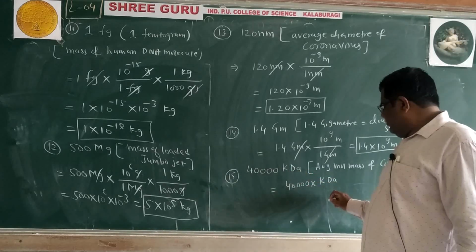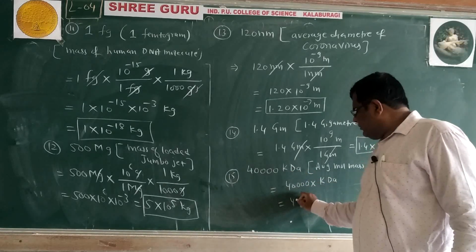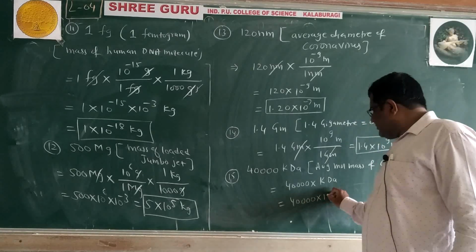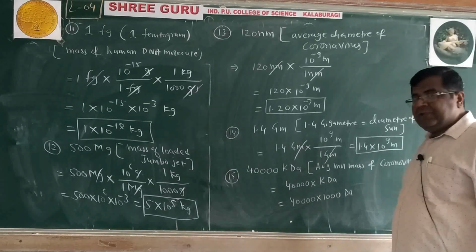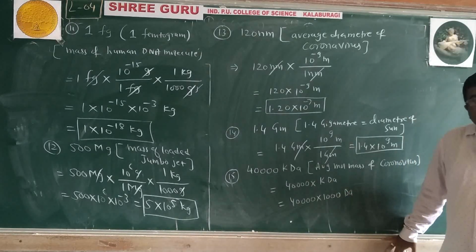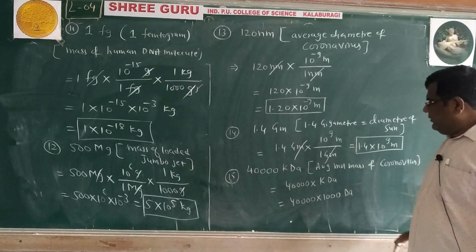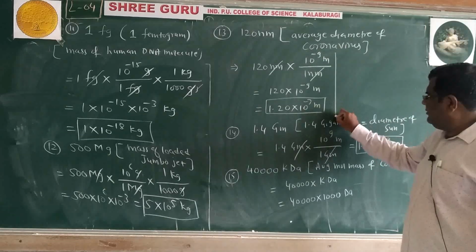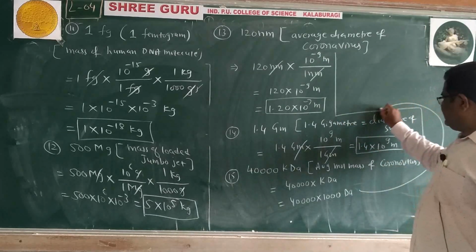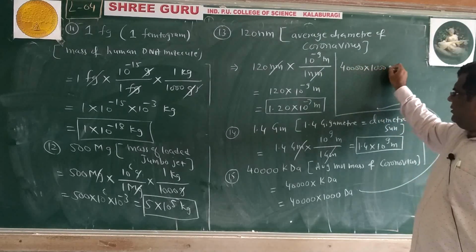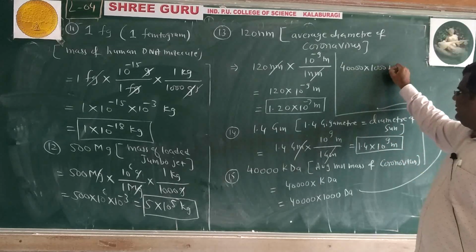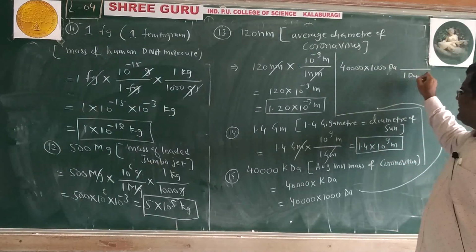For this kilo, we can multiply this with 1000. Kilo means 1000, and then Dalton. Now Dalton is nothing but atomic mass unit, also called as just U, which is 1.66 into 10 raised to minus 27 kilogram. Then what I will do here, I will just transfer these calculations here. 40,000, 1,000 Dalton, and 1 Dalton is equal to